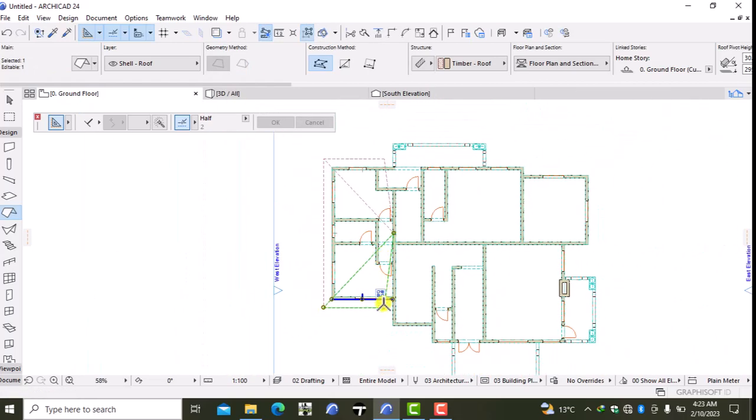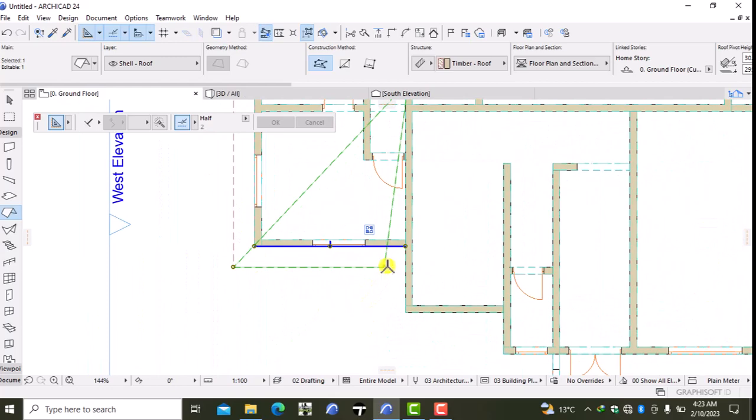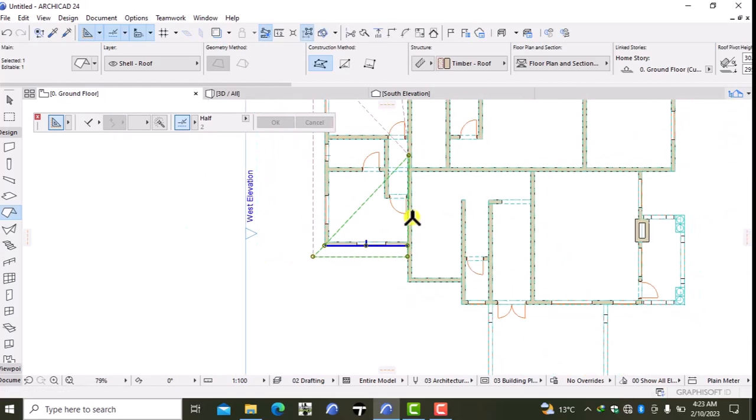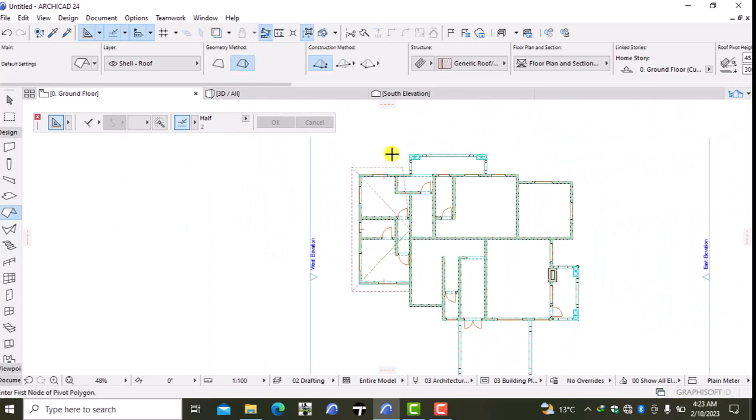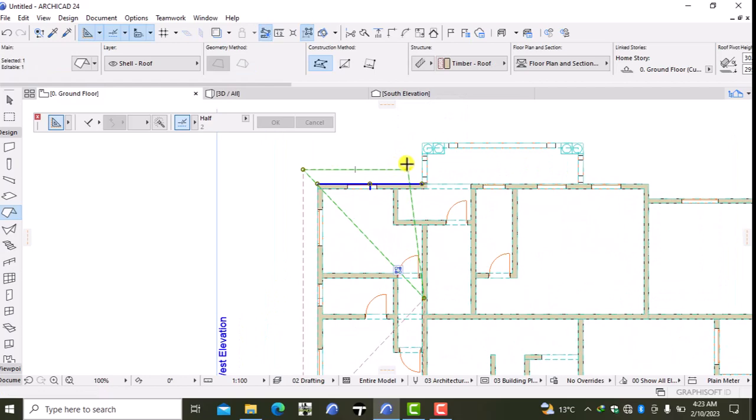So I also need to drag this node up to this edge right over there, and do the same for this other one. So I'm just holding my shift button and select this plane, and just basically drag this up to that edge right over there. So when I go to my 3D,